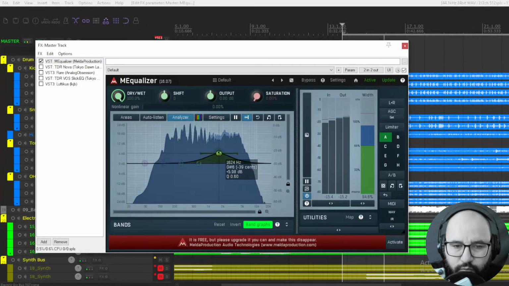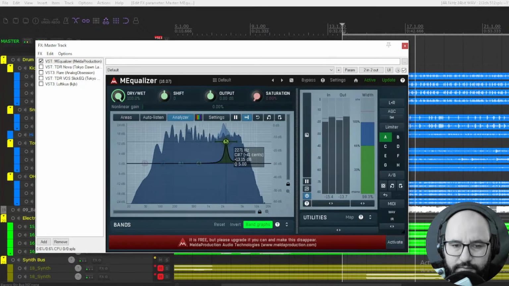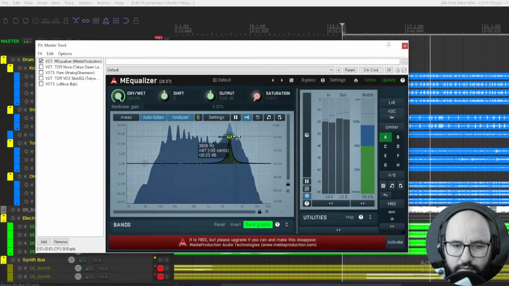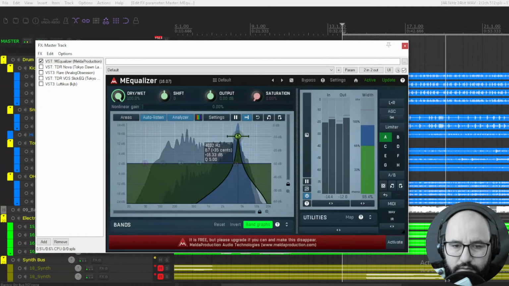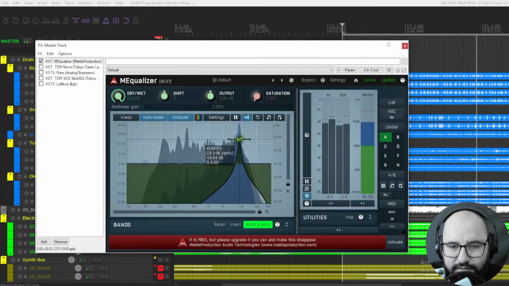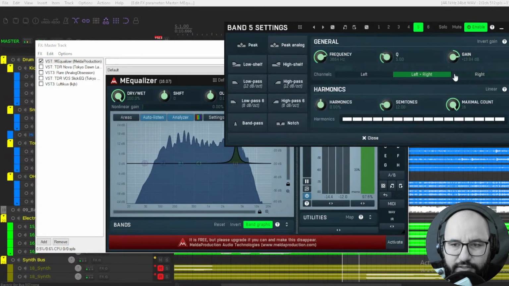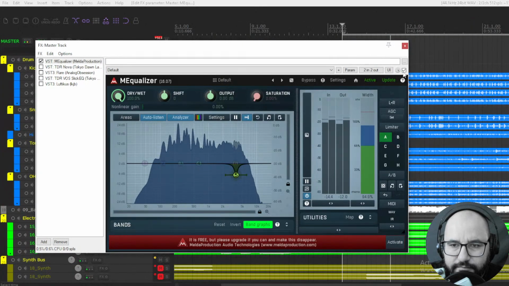For instance, I would find some problematic frequencies. You can really find the resonance that's very annoying, pinpoint, and you can cut it like that. Before, after,